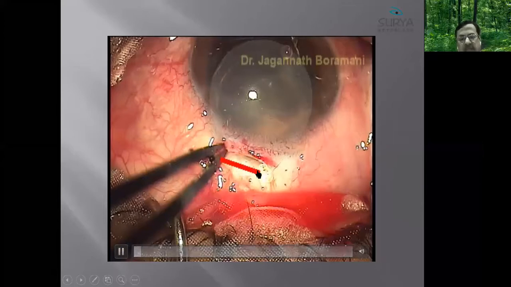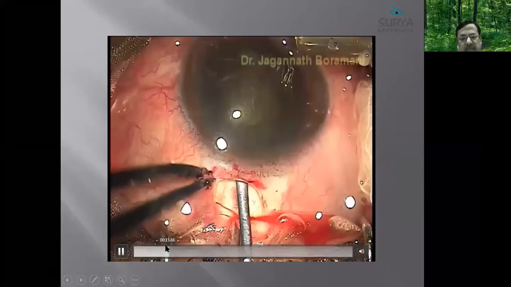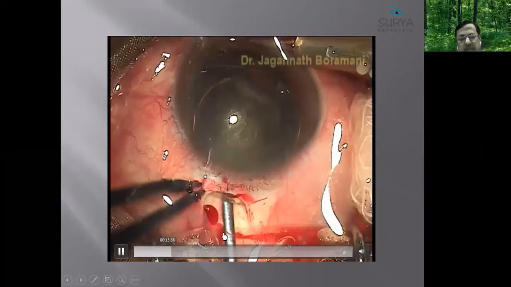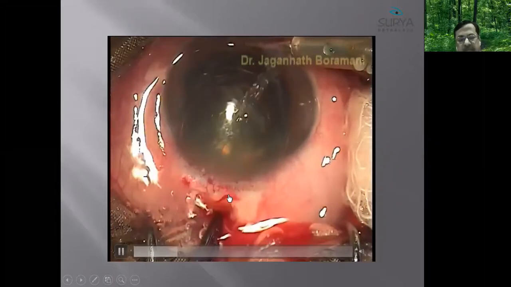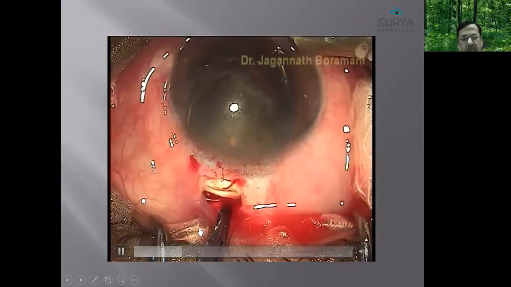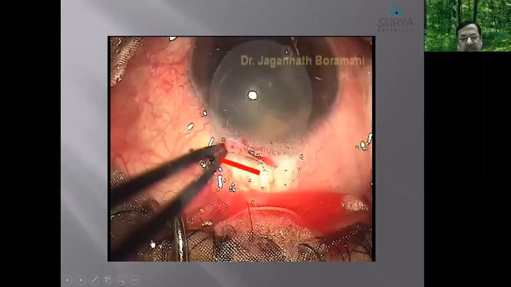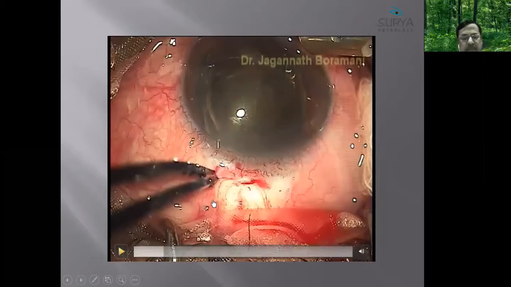See, this is the size of the incision marked by this thing. Now, this incision is very small. It must be about 4 millimeters only. And the nucleus size is quite big compared to the size of the incision. See, this is a U-shaped incision. It is not a regular one. Last time I told you why I take this type of incision many times. It is mainly to manage the astigmatism, because my incision shapes depend upon the type of astigmatism. But this is an advanced type of surgery. If you are not an expert, don't try these types of incisions.